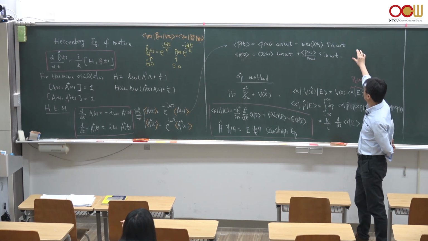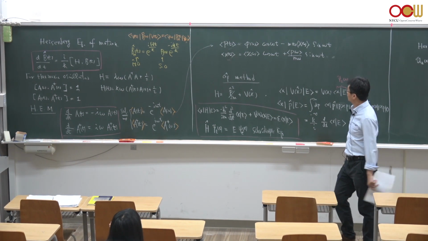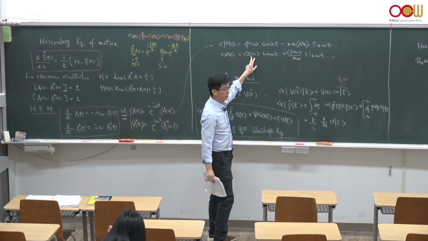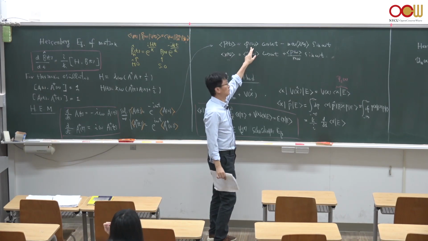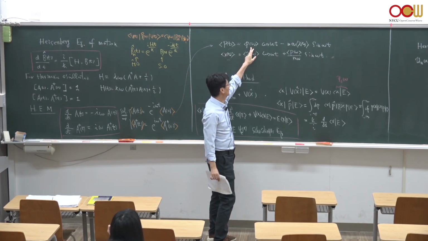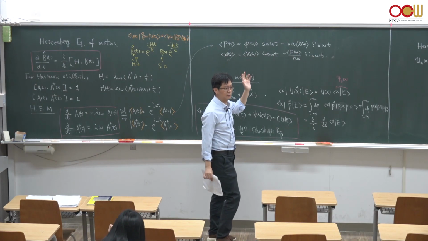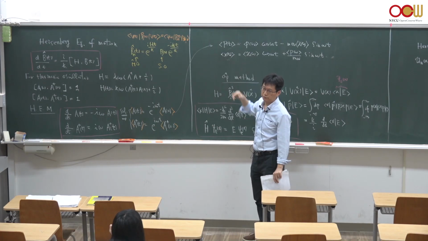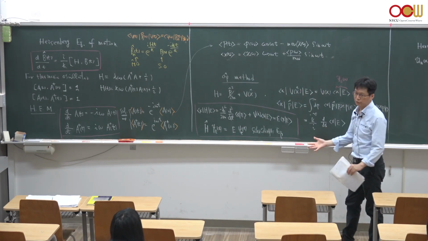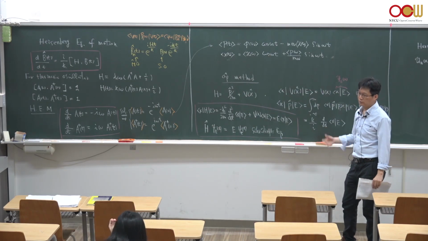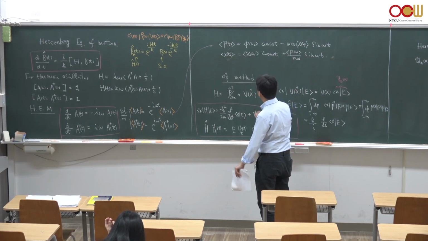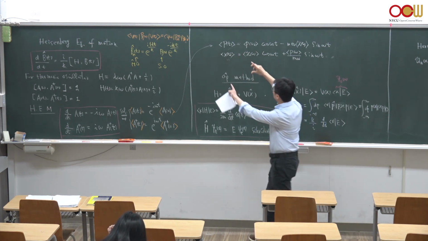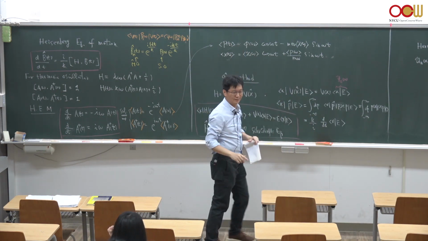And then this is the solution, which means that suppose we know the expectation value of x at initial time 0 and also the expectation value of the momentum operator at initial time 0, then we know everything. We know how the expectation values of the momentum and position operators evolve in time on average. Of course there are uncertainty relations between x and p, but once you put this expectation value here,